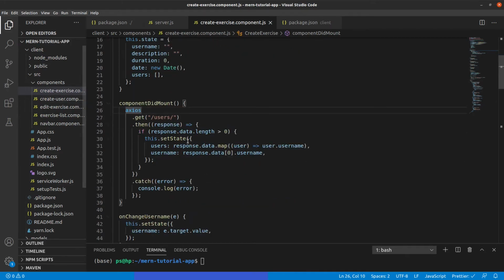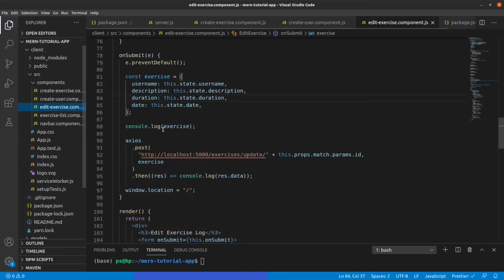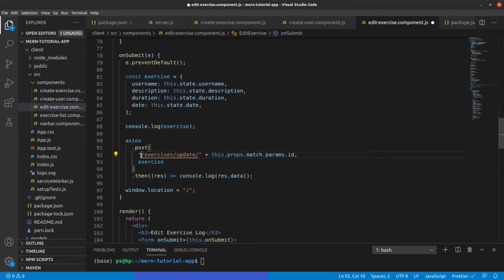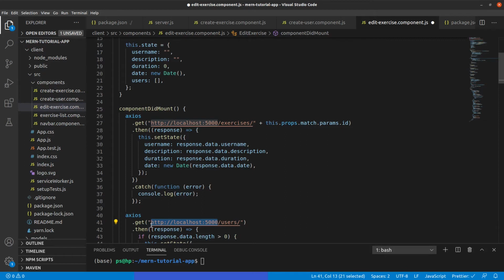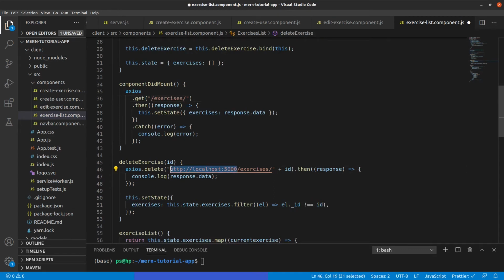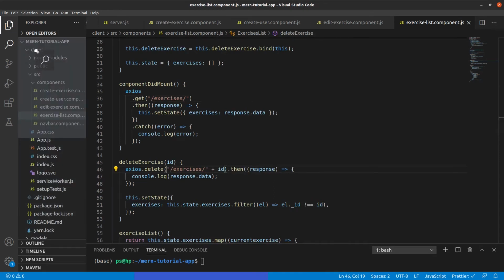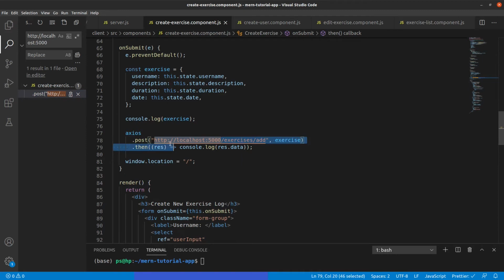Okay, and similarly we'll have to change it in all the files. Let's copy this string for later searching. And this is done. Let's get rid of this. Let's get rid of this. This is something we should have done earlier, but we missed it. So before deploying to production, we have to fix this. All right, let's see if all the instances of this particular string have been removed. So there is just one more left.